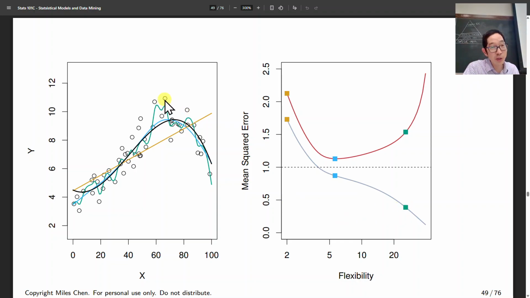As far as this point up here, the flexible line really minimized the square difference between this dot and this, okay? And this dot and this, very small error. So it has very small mean squared error, okay? What we don't see is